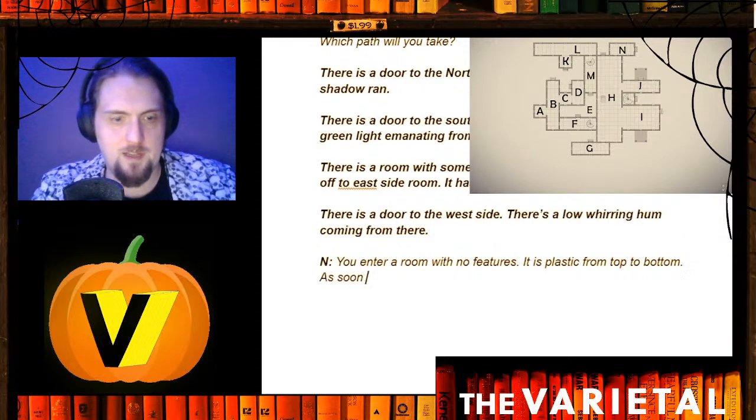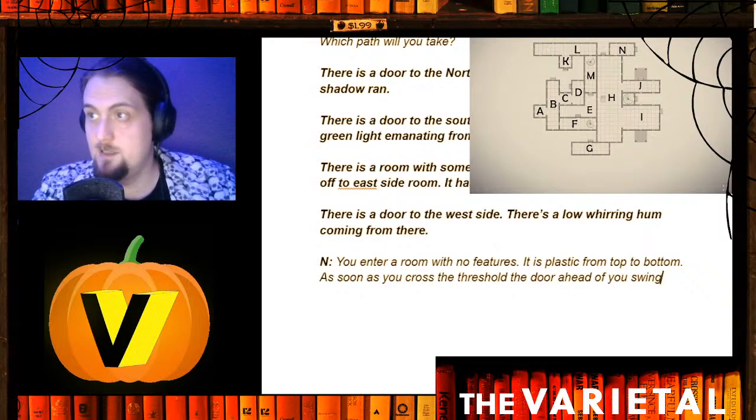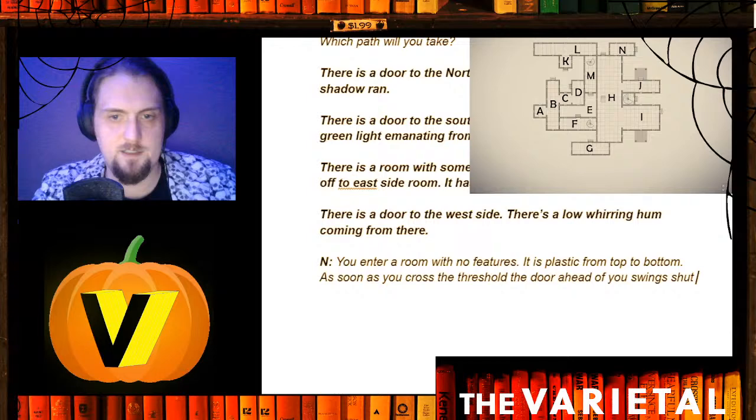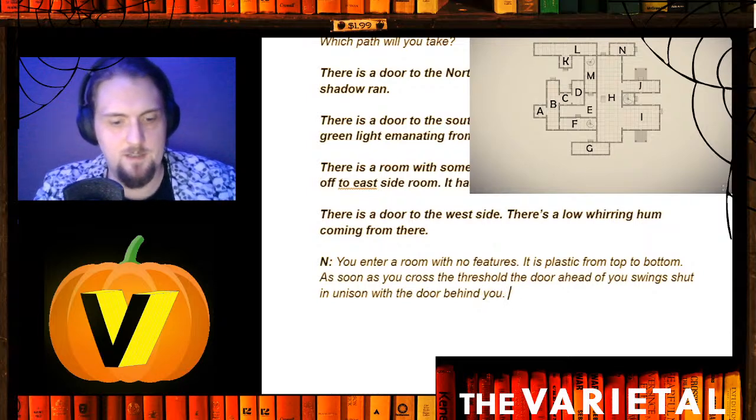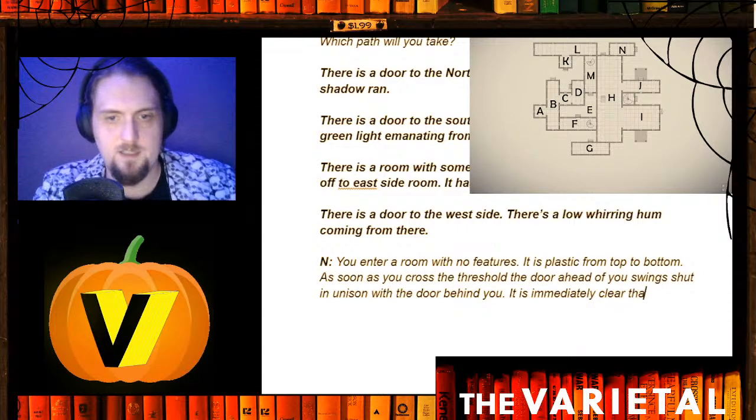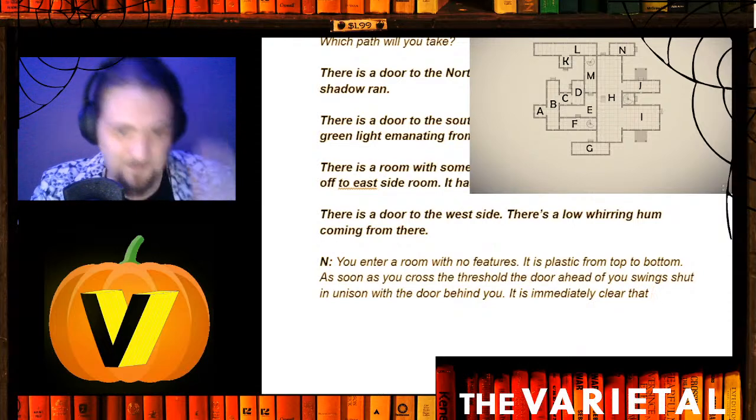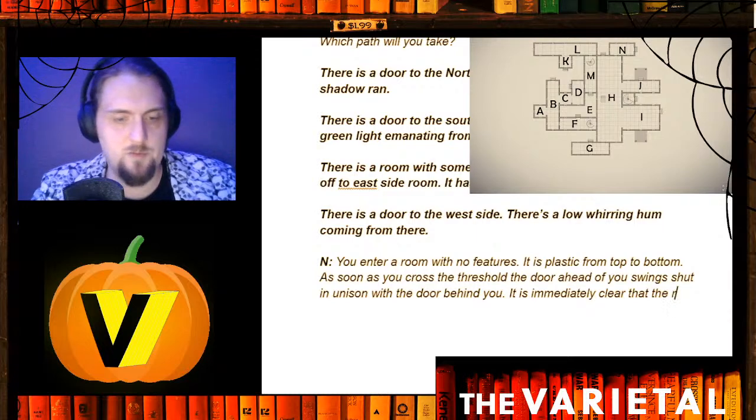As soon as you cross the threshold, the door ahead of you swings shut in unison with the door behind you. It is immediately clear that the room